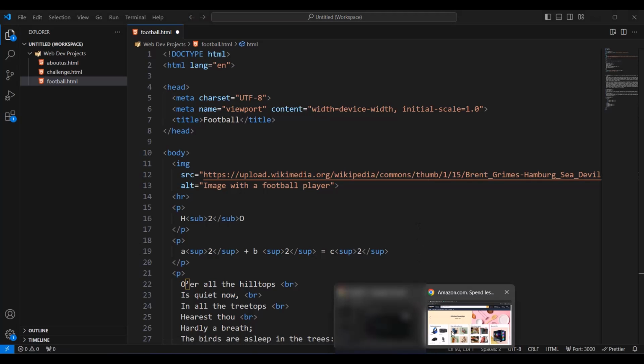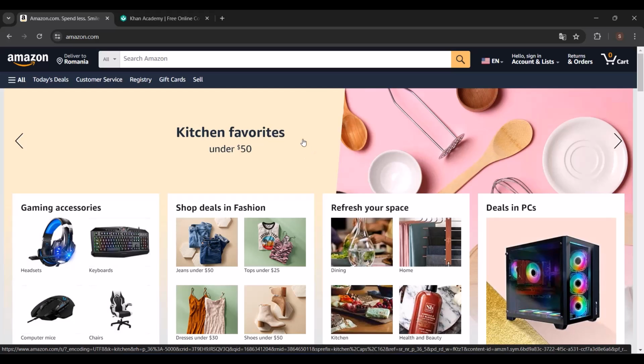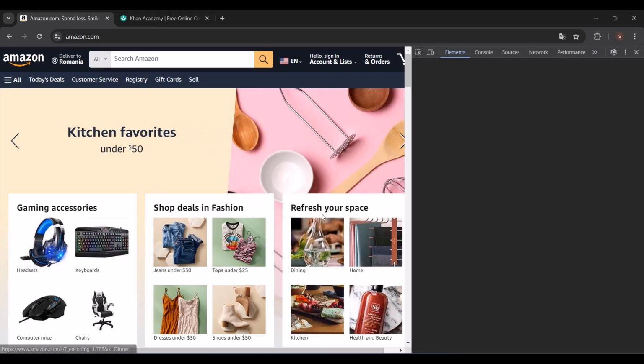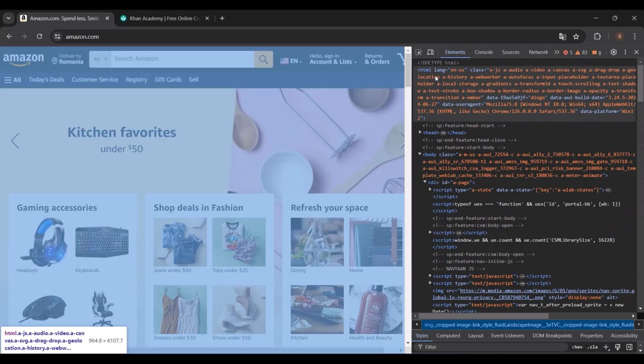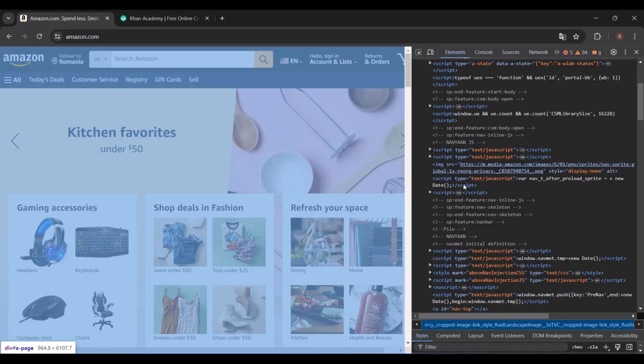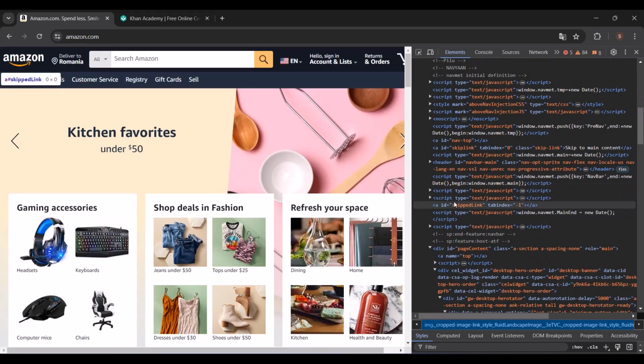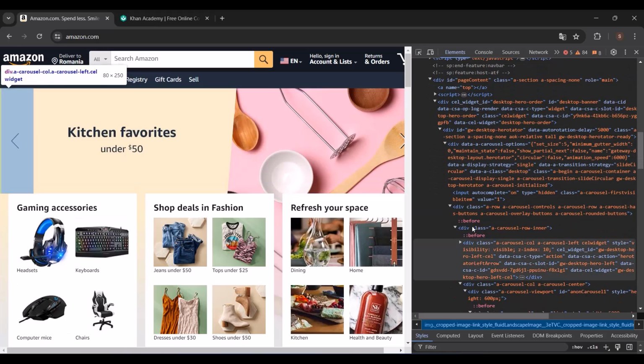So I'm going to open the browser. I'm going to go on Amazon. I'm going to right click, go to inspect to see the HTML code, and I'll go at the top. First we have the HTML boilerplate, we have the doctype, the body, and if you look inside the body, we have this div page, and as it seems, it contains the whole page. All the elements are inside this div. And if you go down, you're gonna see an anchor for a link, another div, and another div down here, another div. So we have a lot of divs.